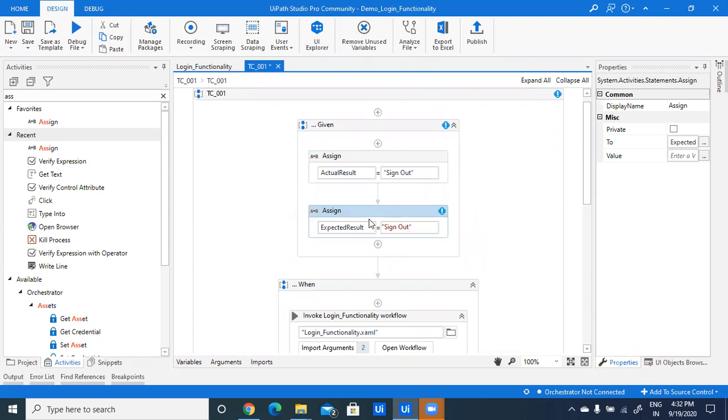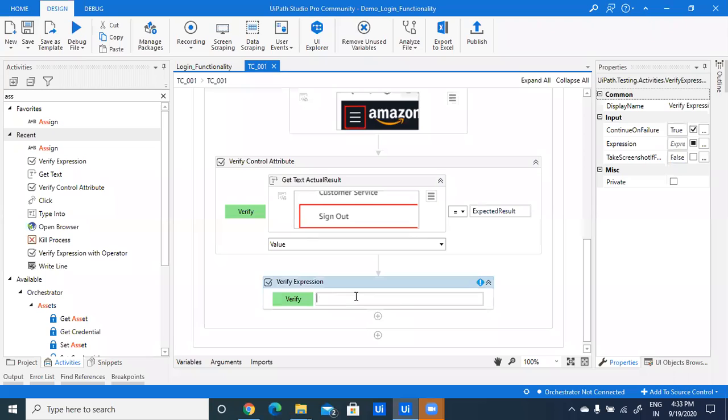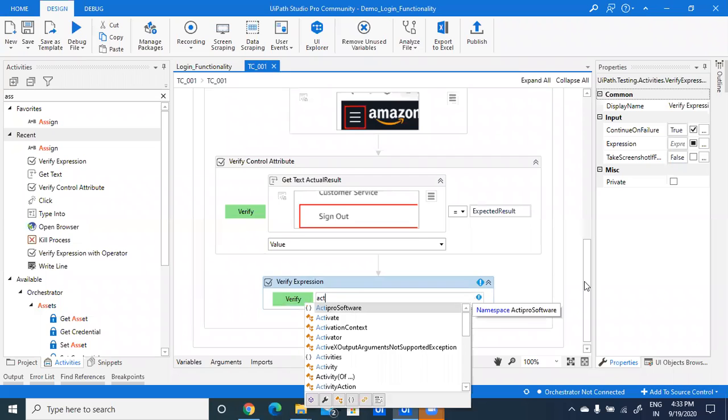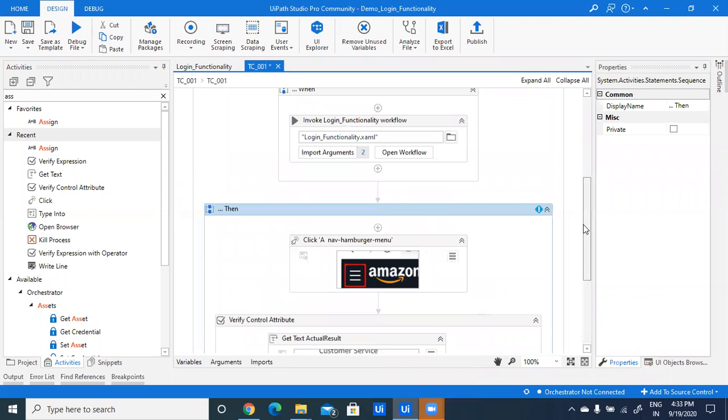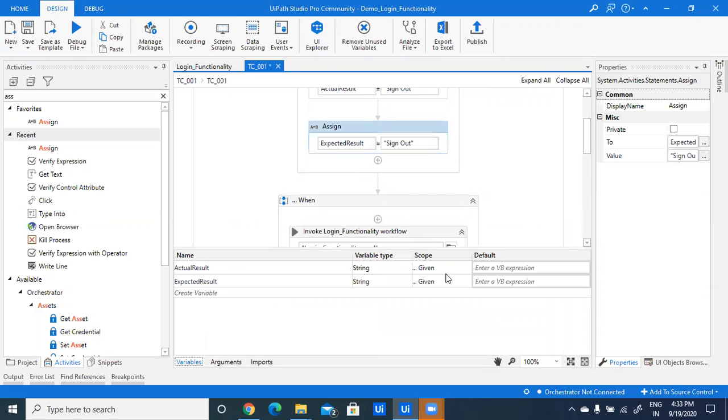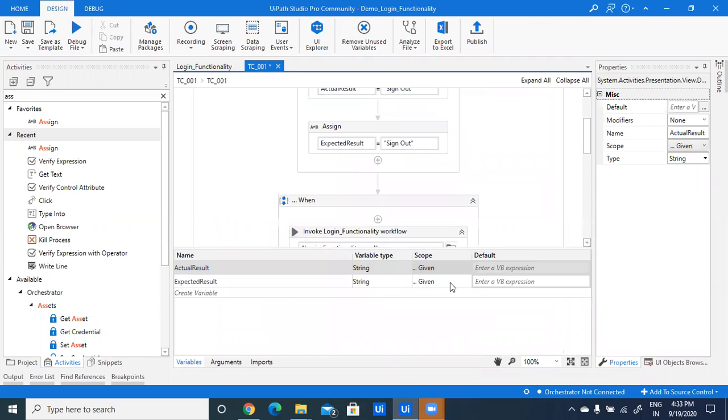I have to verify that my actual result is validating with the expected result. So what does this verify expression do? We have to manually give our actual result. Just change the scope to TC001.